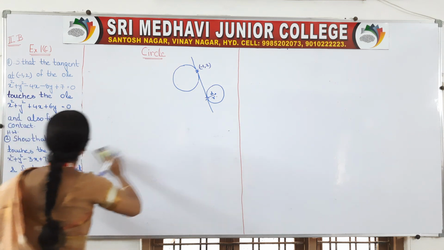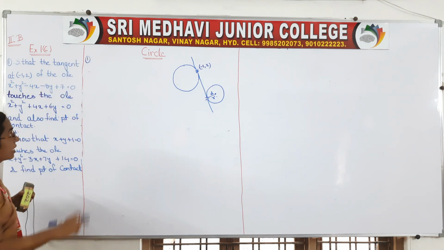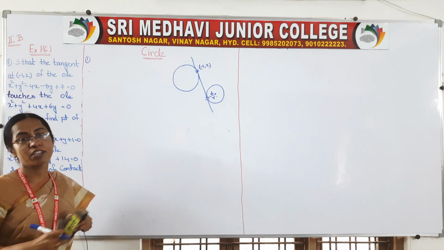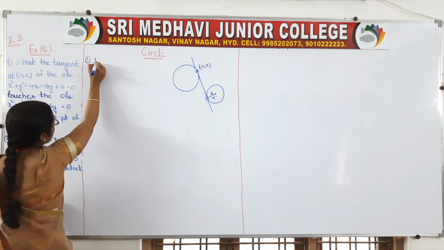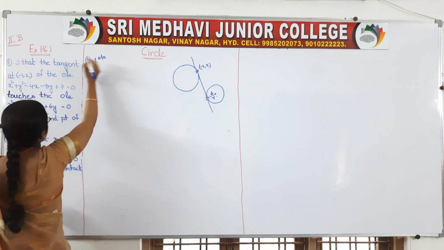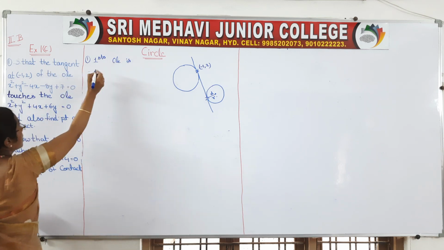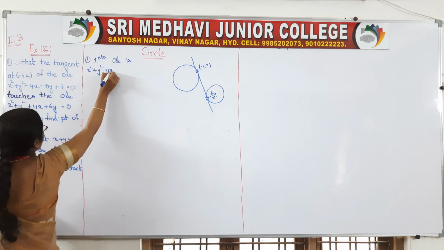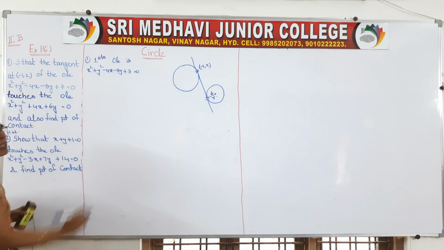So come on, first how will we solve? Take the first circle and try to get its tangent equation. What is the formula when a point is given to get the tangent equation? It is S1 is equal to 0. To write S1 we need g, f, c values. So come on, from the first circle you find out what your g, f, c are. So the first circle is x square plus y square minus 4x minus 8y plus 7 is equal to 0.